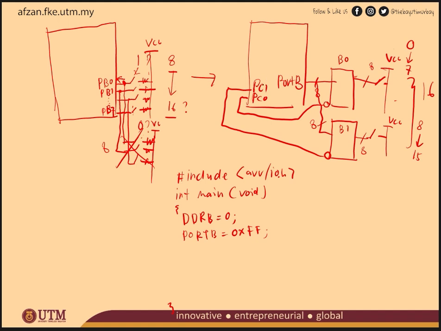What about PC1 and PC0? Since PC1 and PC0 are what we call control pins, to select either buffer 0 or buffer 1, we make port C an output port. So DDRC equals 0x0F, because we want to send either 0 or 1. If you see your buffer here,